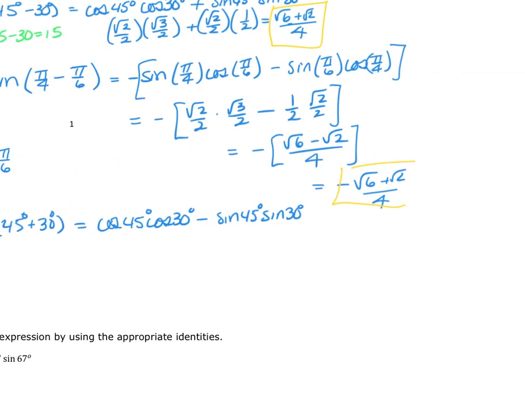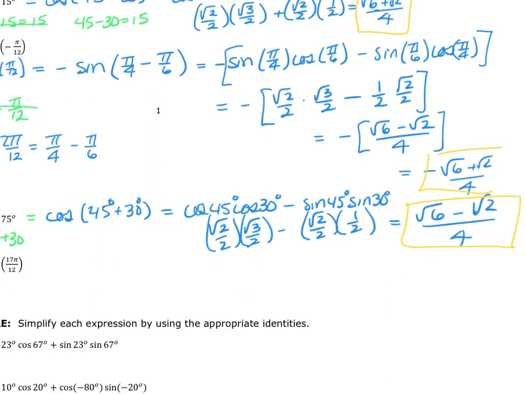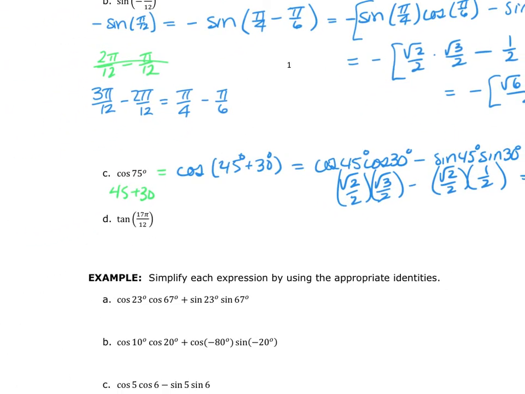And then I'm going to get the cosine of 45, which is square root of 2 over 2. The cosine of 30 is square root of 3 over 2, minus the sine of 45, which is the square root of 2 over 2. The sine of 30 is 1/2. So I end up with the square root of 6 minus square root of 2 all over 4, and that's my answer there. Now I'm going to go ahead and do the tangent,